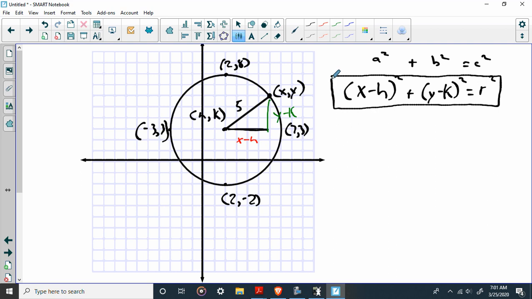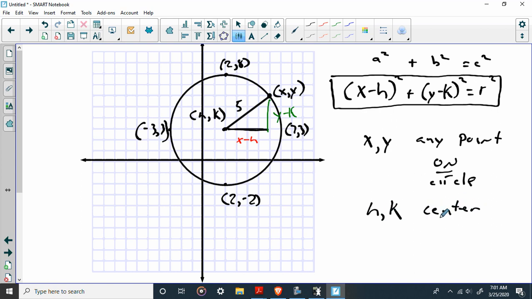Where X and Y is any point on the circle, HK is the coordinate of your center, and R is your radius. Okay? So bar none,